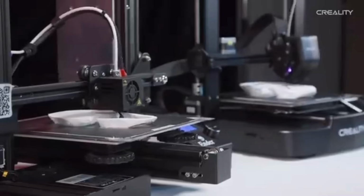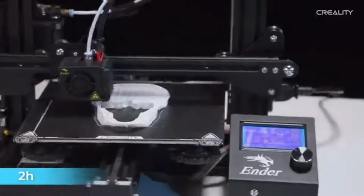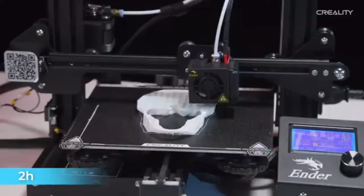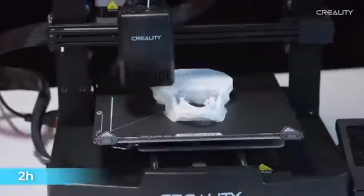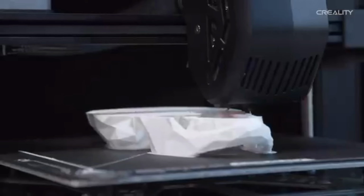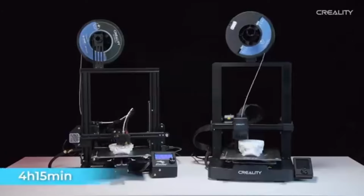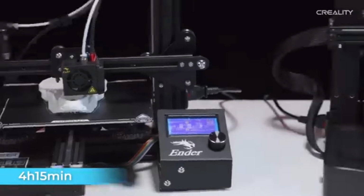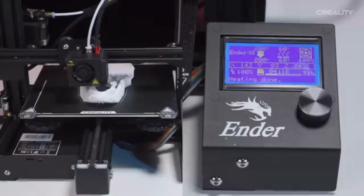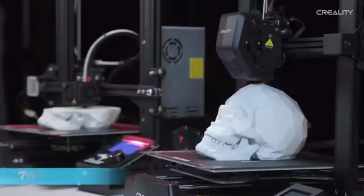The Ender 3 V3 SE is easy to assemble, making it a good choice for individuals new to 3D printing. Follow the step-by-step instructions and you'll be printing your creations in no time. The upgraded Hotend and Bowden extruder provide improved extrusion and filament control, resulting in smoother and more consistent prints. The user-friendly touchscreen interface provides intuitive control over the printer's settings, making it easy to navigate through options and customize